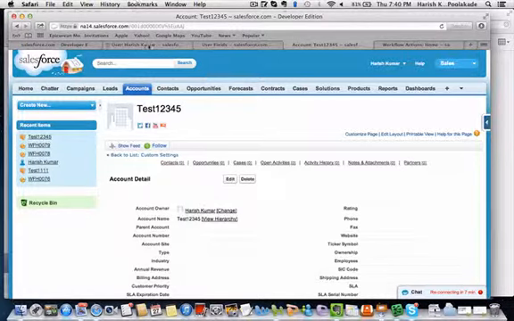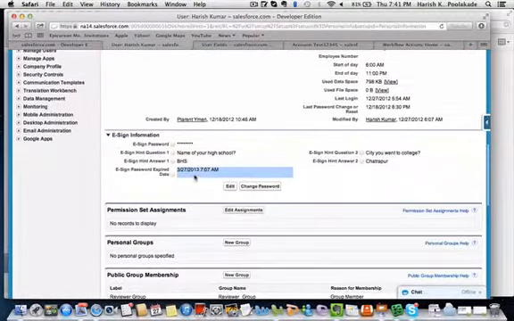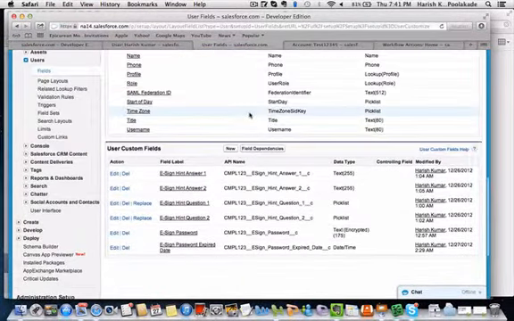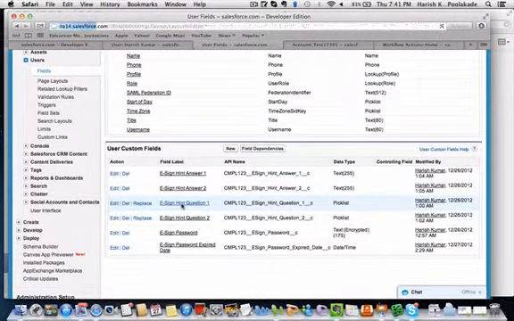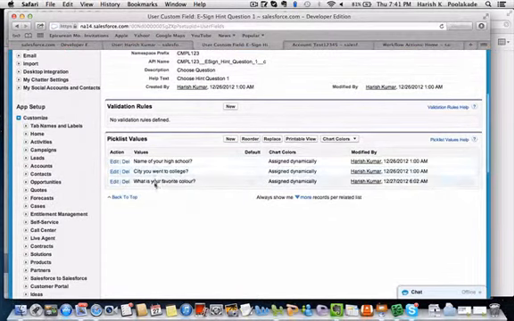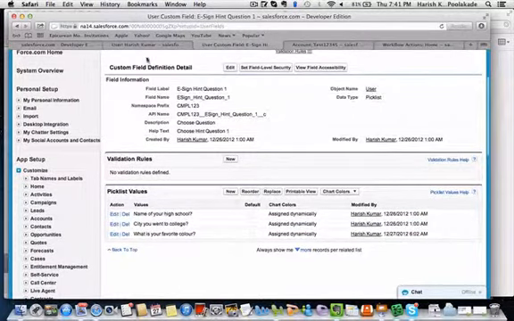One more thing we were mentioning about the questionnaire part is that this question is something we want the admin to configure. So if you see here in the user fields, we have created these custom fields, wherein this is the e-sign question. So the admin can come here and create as many pick list values as needed, and each will be a question. Currently there are 2, we can add one more here and then save it. So this is all assigned, we can assign it, and this will be available as a pick list for the